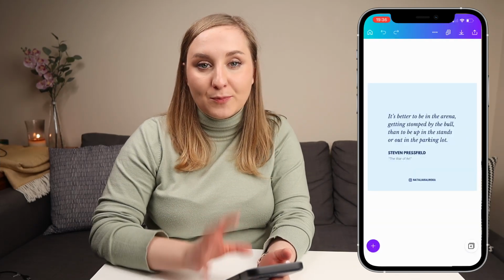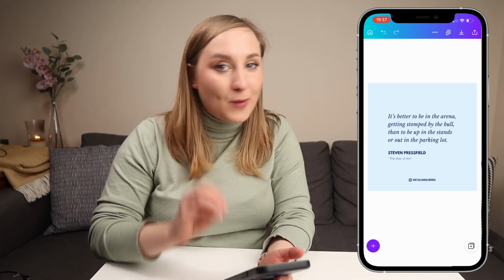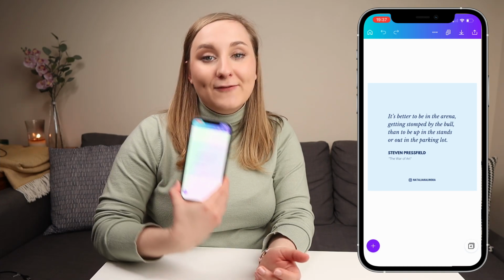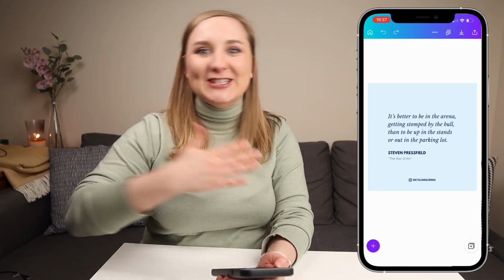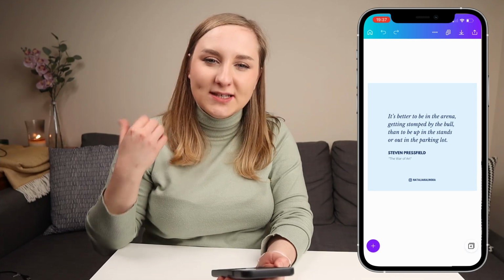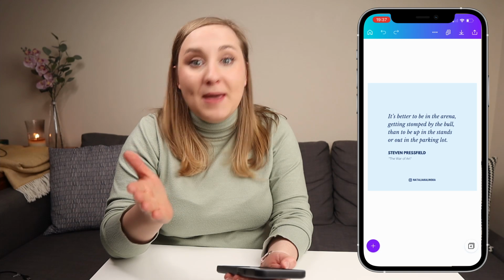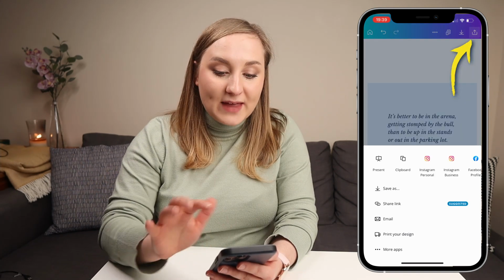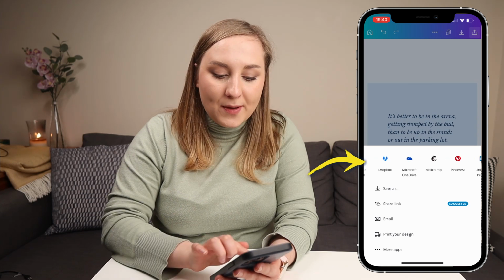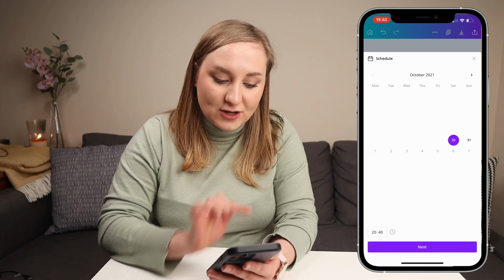Another tip on a Canva Pro feature that you can still access from the Canva app is to schedule posts on the go. Let's say I have this quote in here, something that I've created, inspiration struck. I was just traveling, created that quote, and I want to put it into motion straight away, not just post it because I maybe have some posts planned for today, but I want to schedule it for later. To do that, go to that button at the top, scroll here from this panel, and find the schedule button.